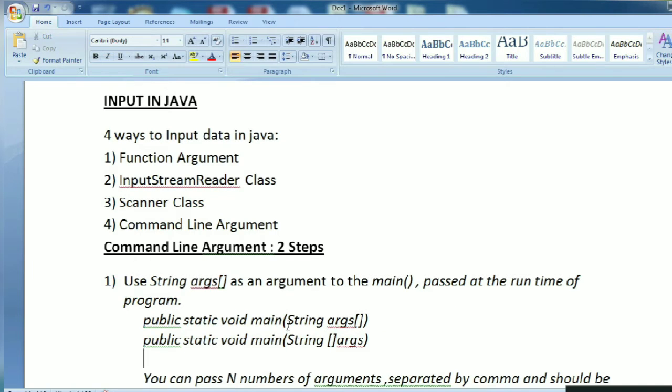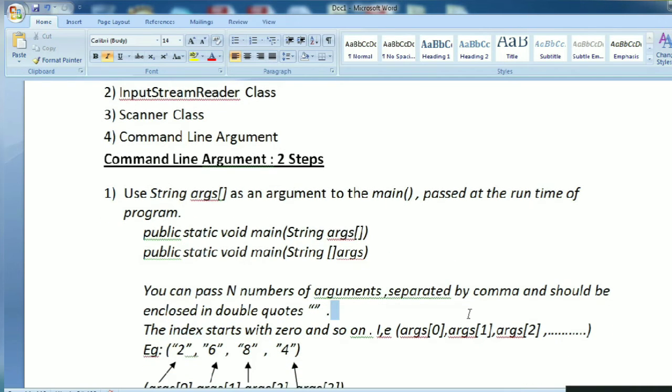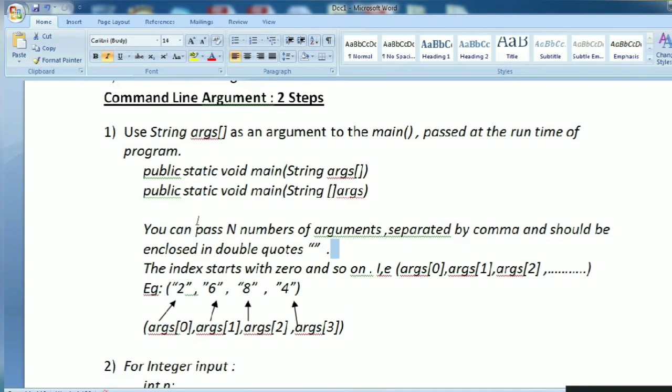So the first step is you have to pass this in your main function, public static void main, inside that String args and these brackets. This is an array of strings. You can pass n number of arguments separated by comma, and they should be enclosed in double quotes. What does it mean?